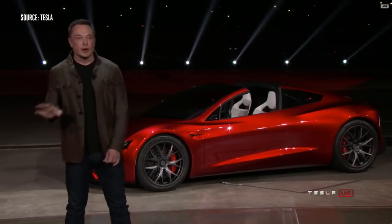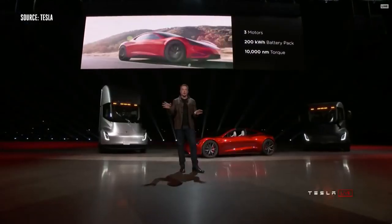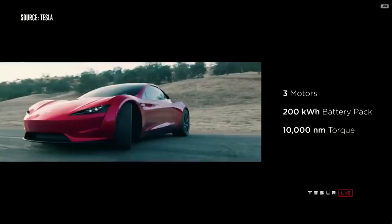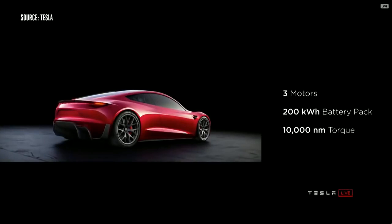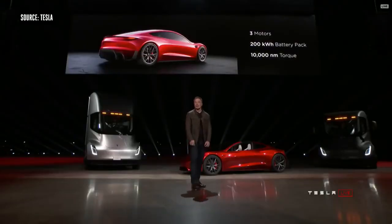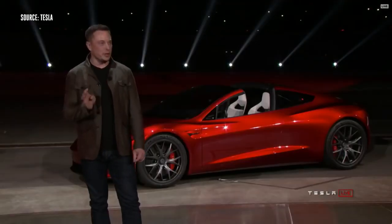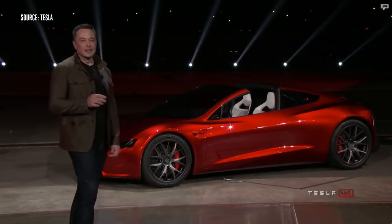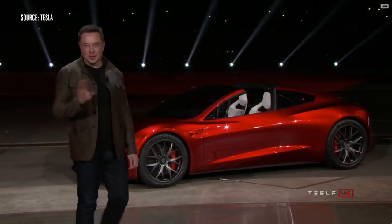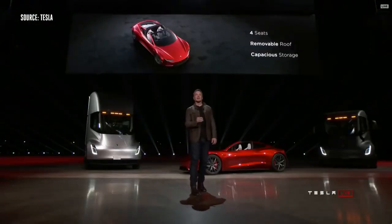This thing will have 3 motors. So it's all-wheel drive, 1 motor in the front, 2 on the rear. We'll do torque steering. As I said, 200 kilowatt hour battery pack, 10,000 newton meters of torque. If you know what that means, it's just stupid. It's also a 4-seater. Yeah. So it's a 2 plus 2. Okay, you can't put giant people in the rear seat, but you will put